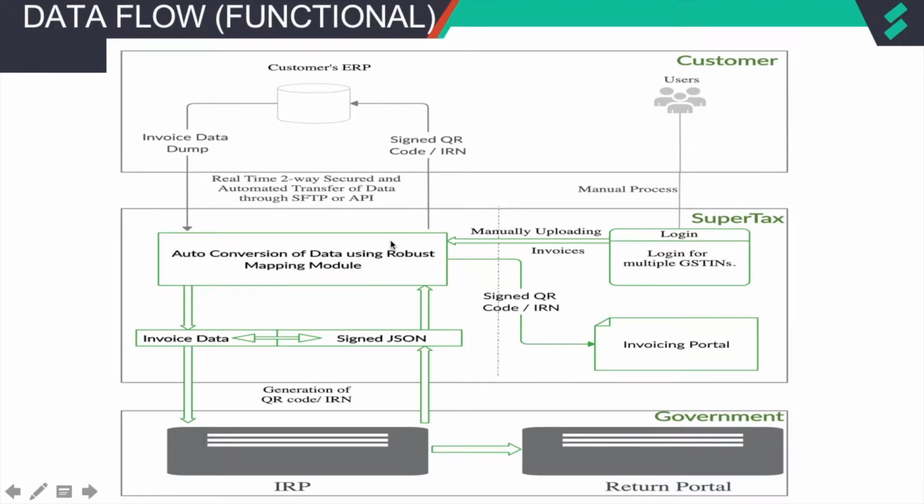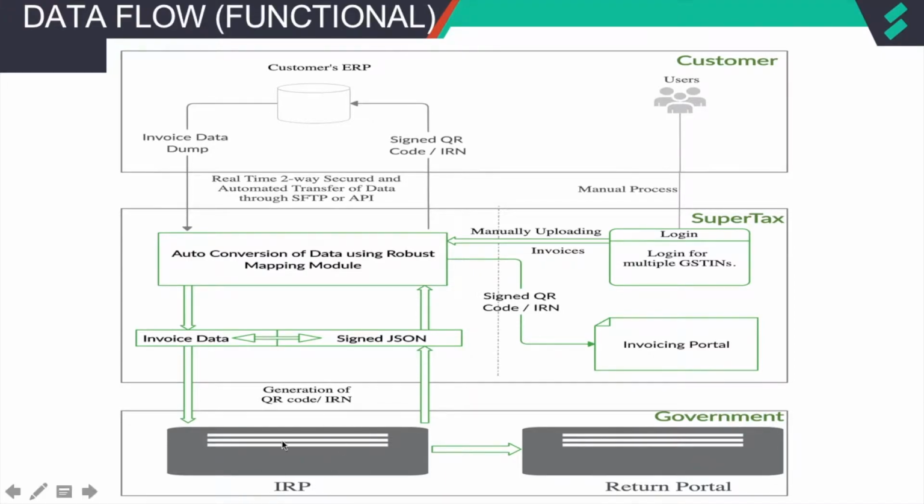Now let us understand how this ecosystem of e-invoicing would function. It has customers, that is you, Supertax and government. Currently you would be using some ERP or invoicing system to generate your invoices. Once you generate the invoice, you would be issuing the invoice to your customer. This process will undergo some change once e-invoicing provisions are made applicable, and that is, after generating the invoice and before issuing it to your customer, you will have to undertake the process as follows.